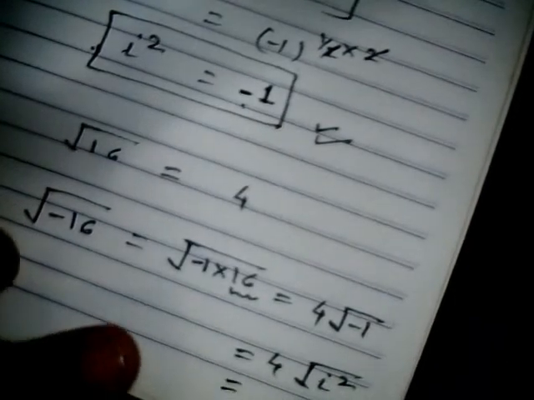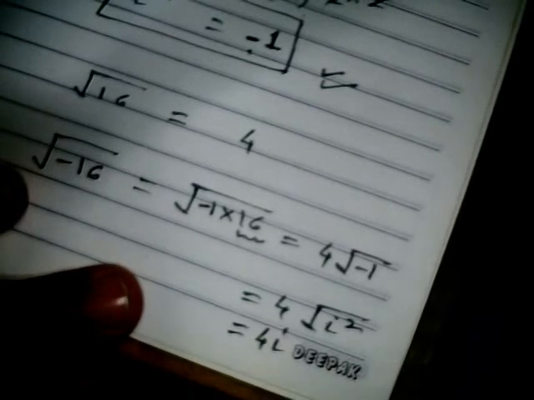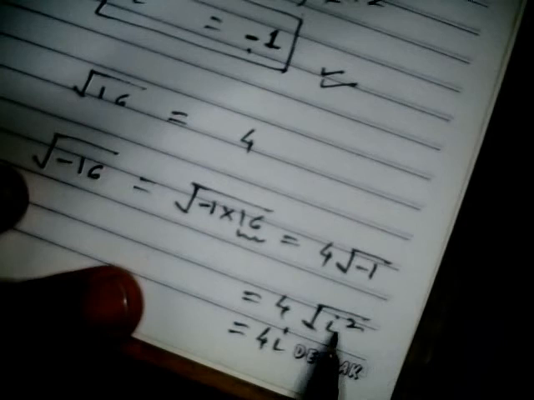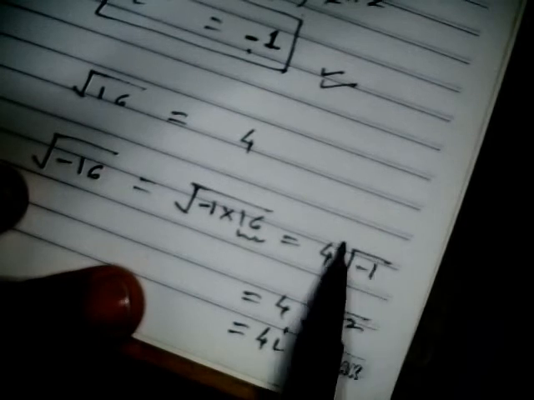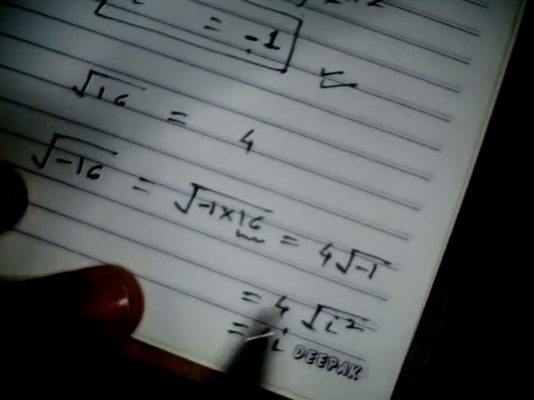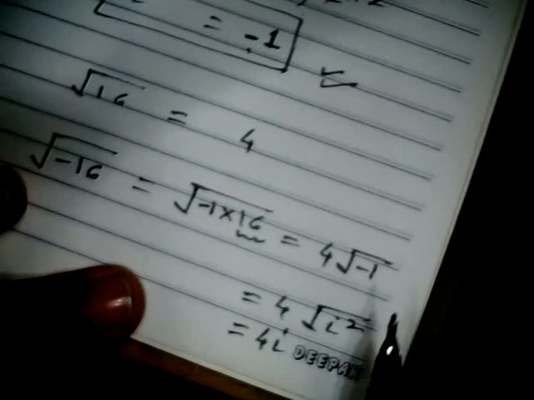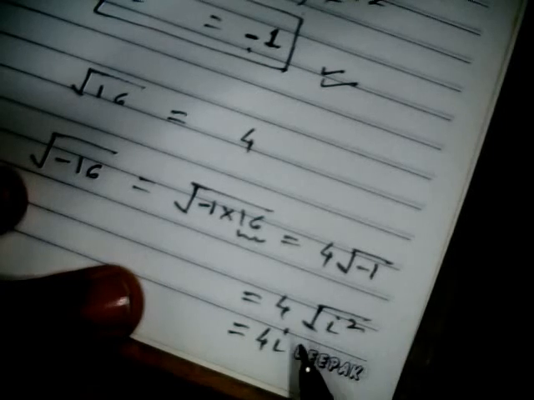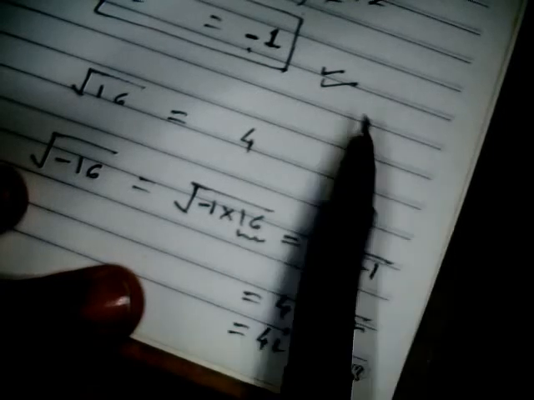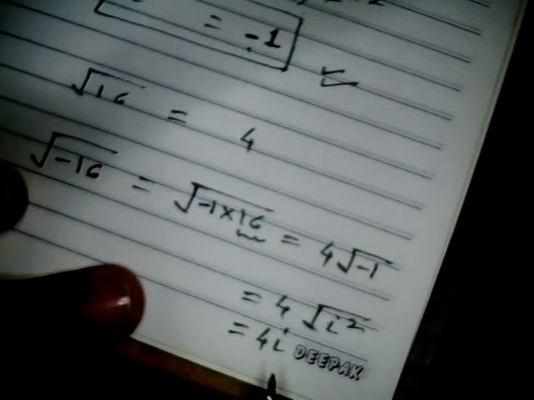So this is the use of the complex number. Why are we using it? Because the square root of a negative number is not possible. So to make it possible, how can we find the square root of a negative number? We have come to use the complex number, where negative 1 is replaced by i square, and with the help of i square we can find the square root of a negative number. So this is 4i, and for the simple 16, the square root is 4. If it is negative 16, then it becomes a complex number.